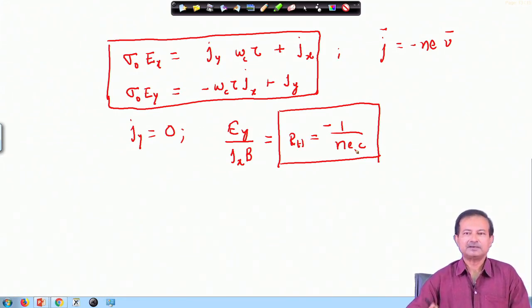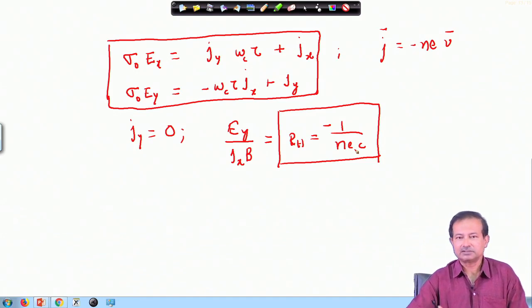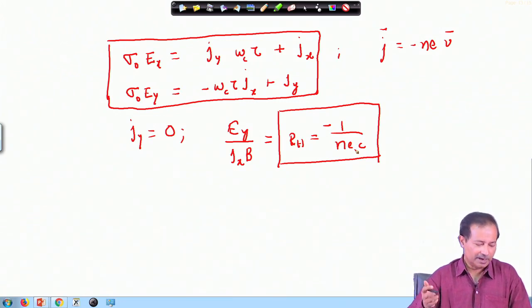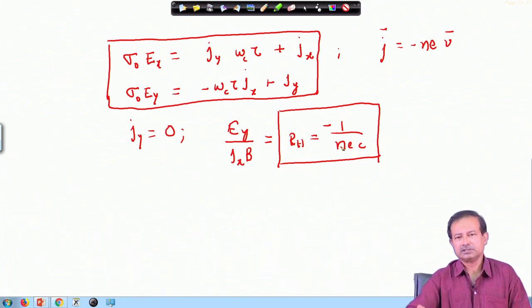However, there are systems where the sign is different, which I actually preempted. I said that there are different kinds of carriers in a system, some of which are positively charged, which actually brought in the idea of holes. And of course, the other problem with this is that this relation is not always valid. Such a simple relation does not work out always.